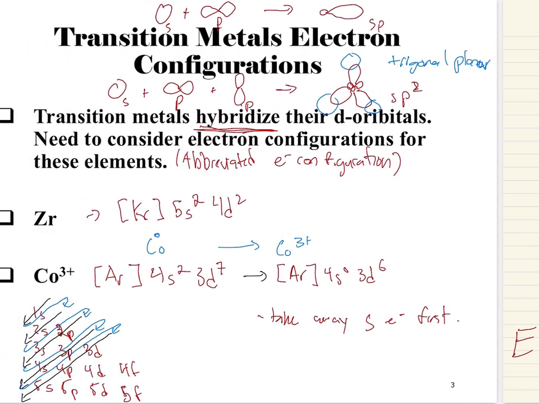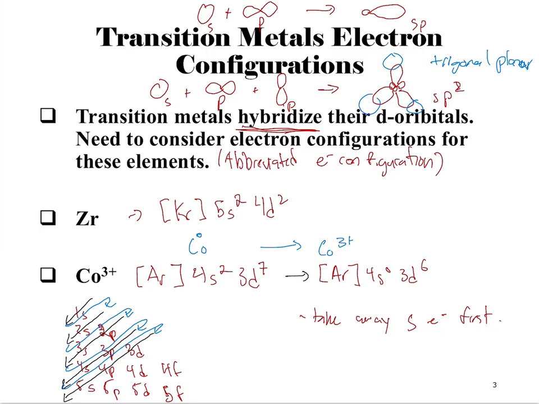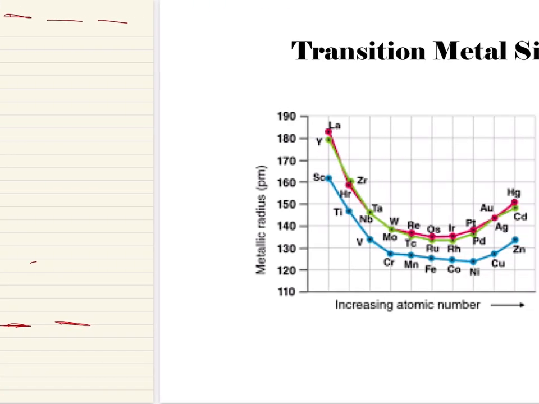And so with the transition metals, now we have to consider the hybridization of the d orbitals when we're thinking about the shape. And now, when you perturb the system, that affects the energy levels as well. So if we're in a crystal lattice, or we have other ligands binding to our complex ion, that affects the shape as well, right? So now our hybridized orbitals are going to be deformed, and that's going to affect the properties of the material, like magnetism and the color of the compound. Okay, and so